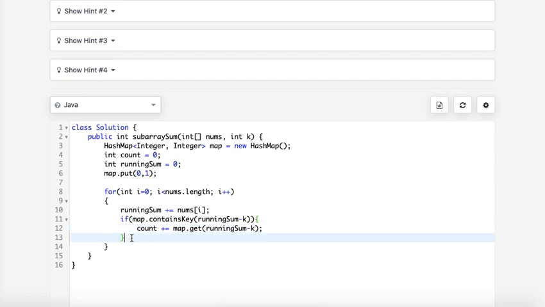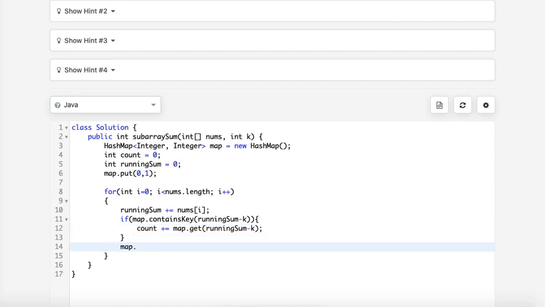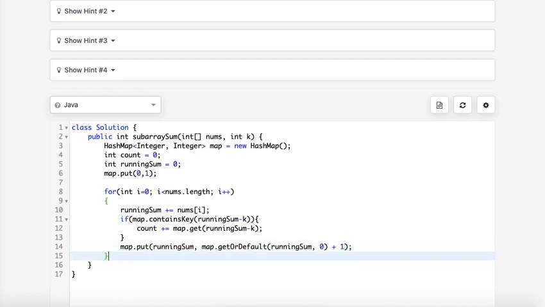So this you have done, and then you have to put the current sum to the map, right? And finally you are returning the count.